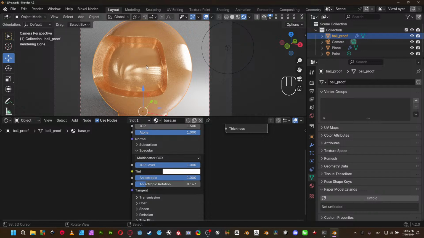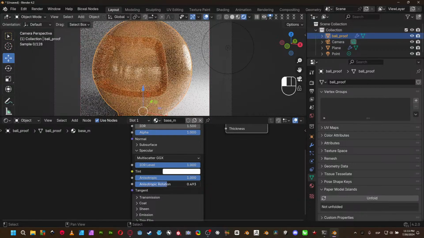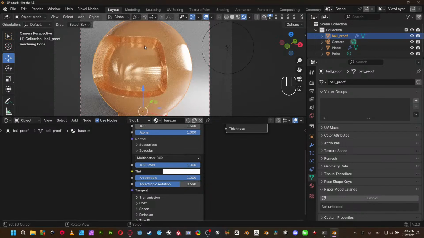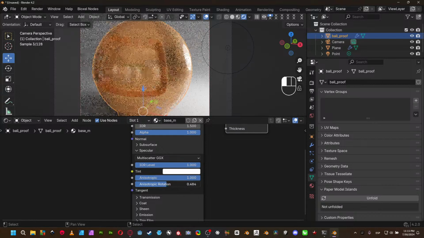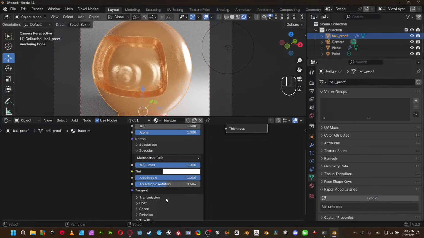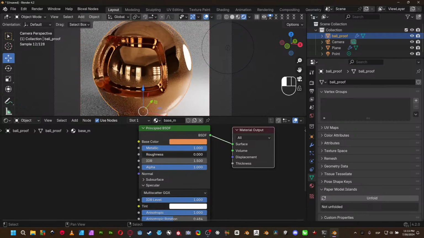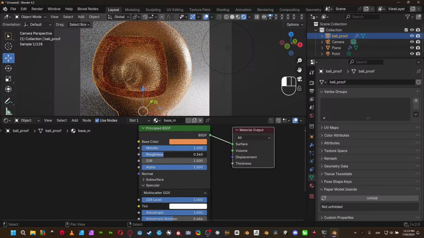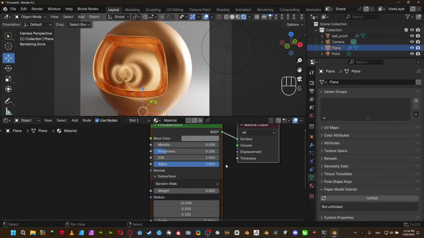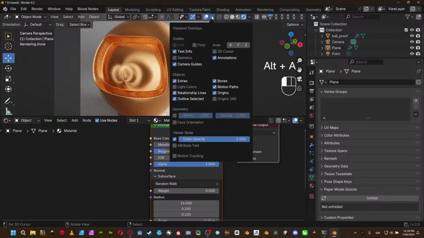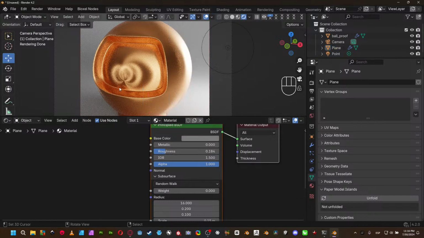And this is to rotate the effect of the anisotropic in here. So this is pretty cool because you can manage any result in any way you need. So for example, a 100% metallic, like some polished copper, we can do that, or something like this. So you don't have to worry about